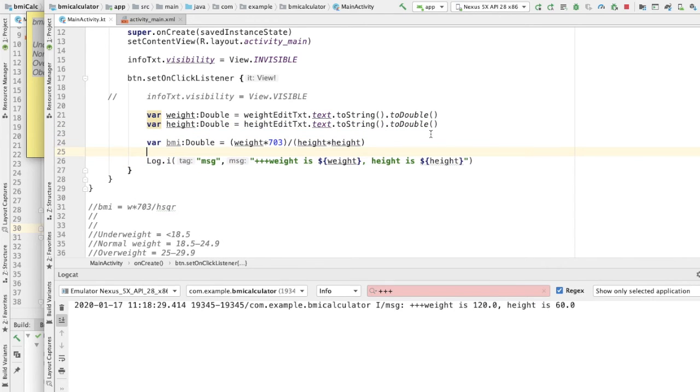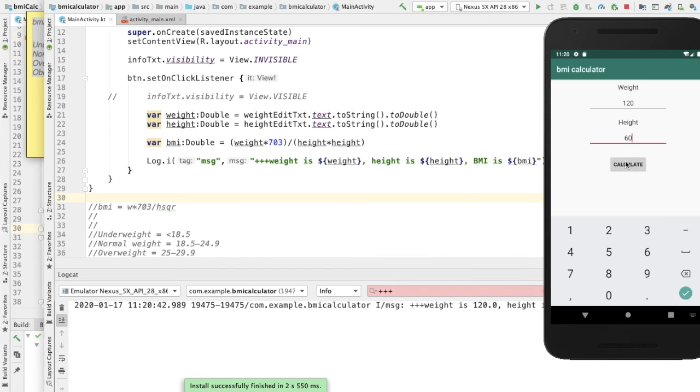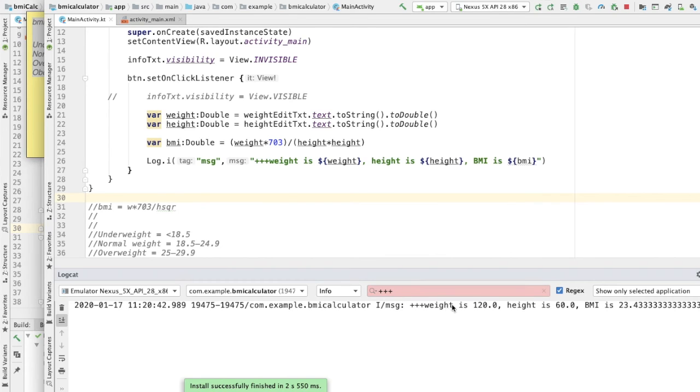This time we're going to do "BMI is" BMI. So let's run it. Again, weight 120, height is 60. Click calculate. So weight is this, height is this, and our BMI is